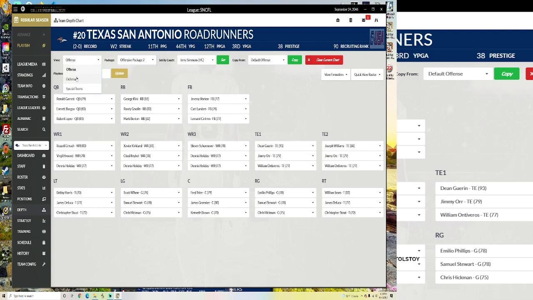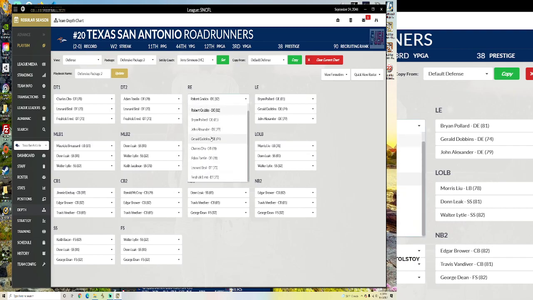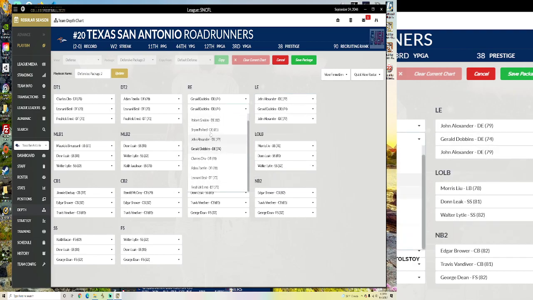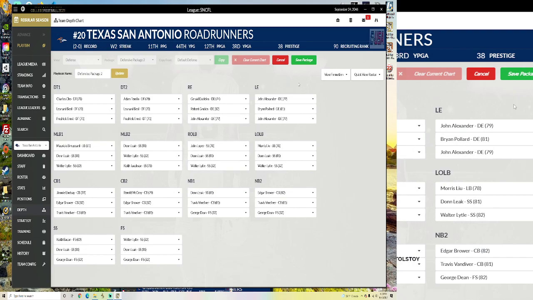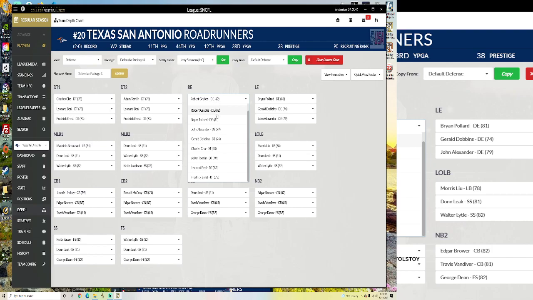So for defense, this is back to that bull rushing conversation. Let's say default is my base. This is good, but let's say defensive package 2 is my speed rush. Dobbins is faster than these other guys. Let's say Alexander is too. So what I would do is change that out, put Grubbs, put Pollard, Dill. And then I would save this, and I'll do it for the rest. This is my speed rush package, and let's say defensive package 3 is my bull rushing. I'm picking on defensive end, by the way. Or it could even be